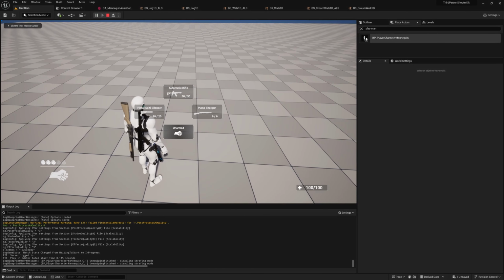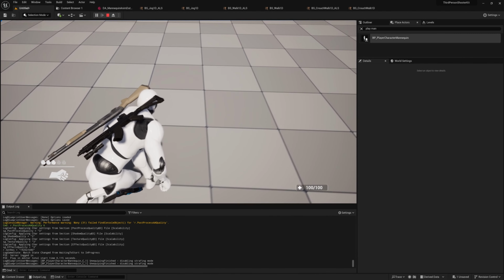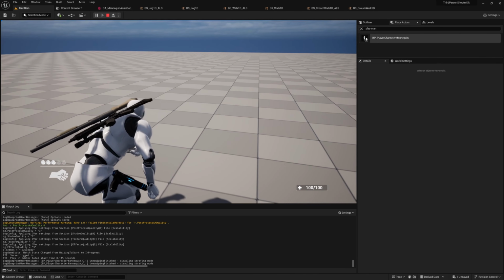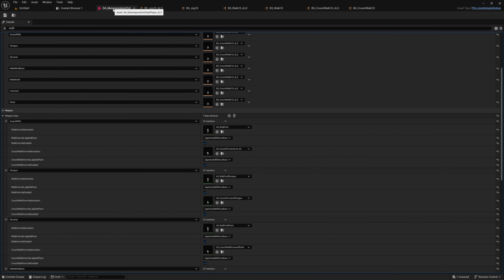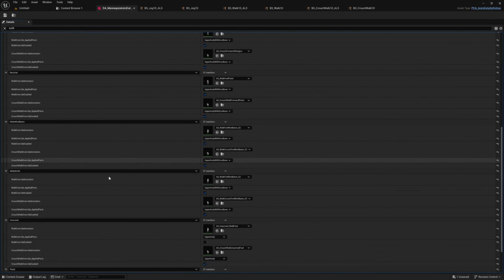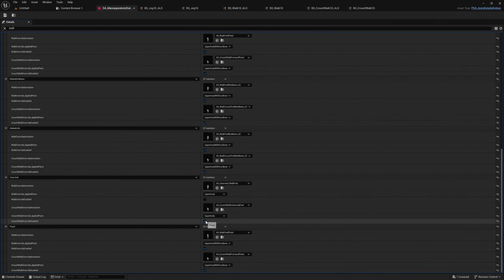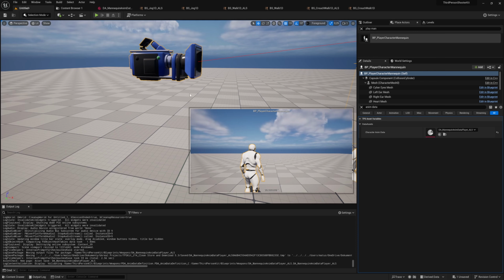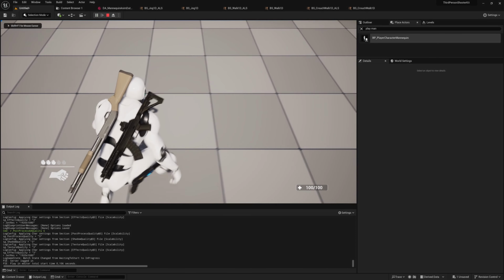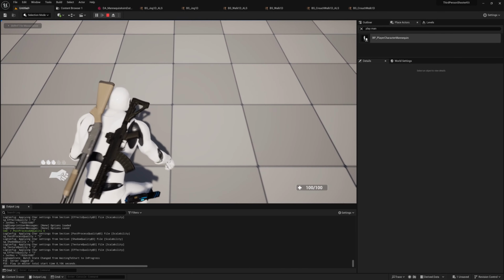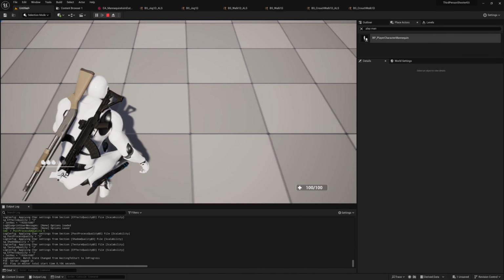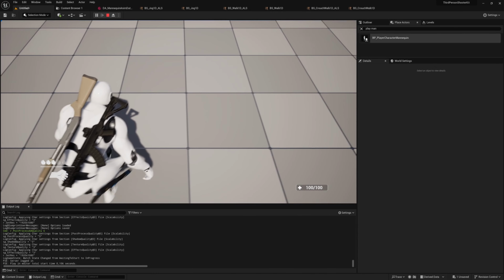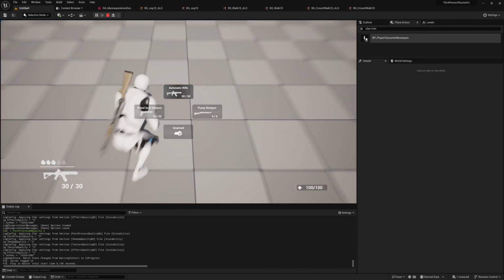All right, so let's try it. Let's try it without weapon first. Yeah, so I think it's ALS animations. Unless, no, I think I forgot one thing. In unarmed, yes, of course, we can disable the override because we don't need it, because the full blend space will cover it. Yeah, so here it is, blend space for crouch walk from ALS, like we set this up for unarmed. And now when I get a weapon,